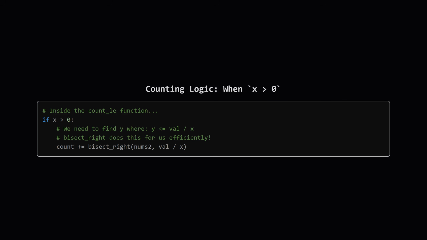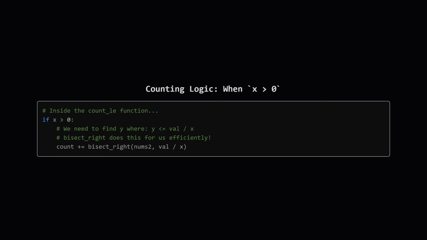Okay, let's look at the first case. When our number x from nums1 is positive, the math is straightforward. We need to find how many numbers y in nums2 are less than or equal to our value divided by x. Since nums2 is sorted, we don't have to check one by one. We can use a highly optimized function, here called bisect right, which is basically a binary search, to find that